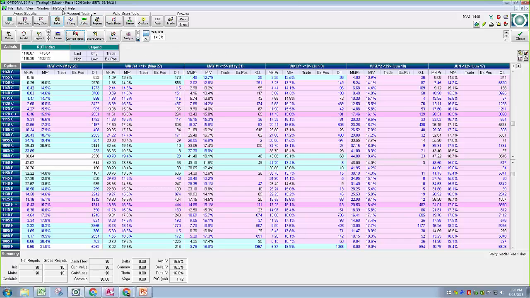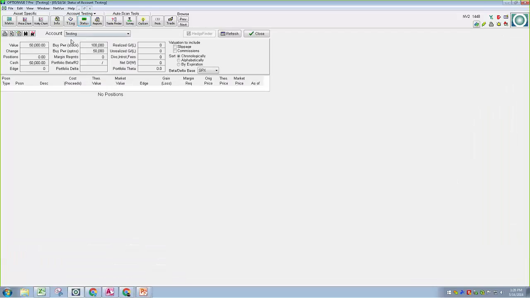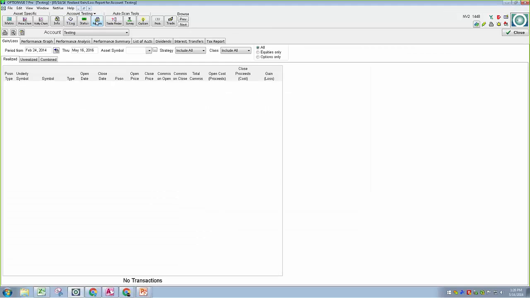So these buttons here all have to do with accounting and record keeping. Status will list out all of your positions here. Okay, and then reports is really nice for back testing. If you wanted to, it's going to take a look at your realized, unrealized, and combined positions from any date and time in the past to whatever date and time you want to current. Okay, and it's going to show you all your trades, gain, losses, and it really does some nice